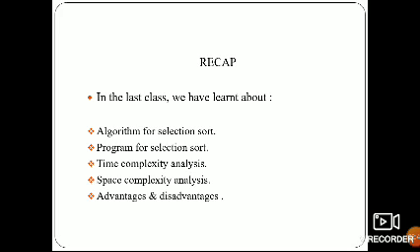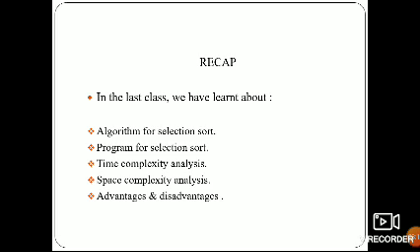After completion of the ith pass, the ith smallest element is located at the ith place. The first element is compared with n minus 1 elements, the second element is compared with n minus 2 elements, and the ith element is compared with n minus i elements. In this way it is compared.